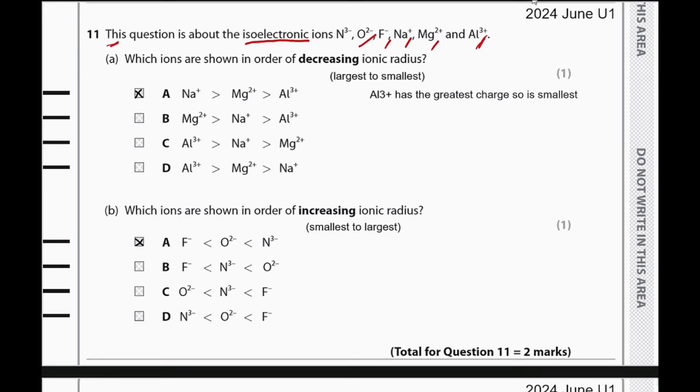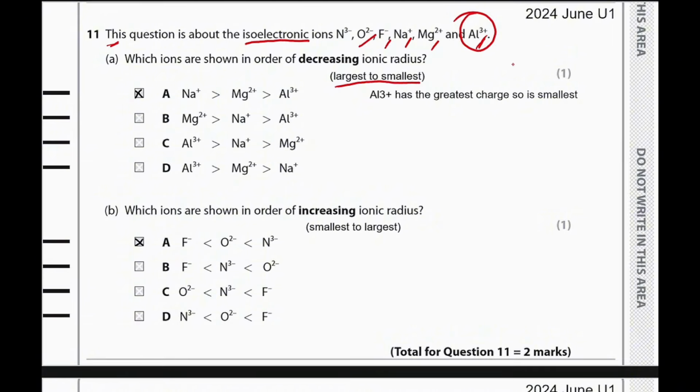The first question is about the isoelectronic ions N3 minus, O2 minus, F minus, Na plus, Mg2 plus, and Al3 plus. The question is which ions are shown in the order of decreasing ionic radius. Now decreasing basically means largest to smallest. In other words, we need to identify the largest ionic radius ion, and then the last one will be the smallest one. Now if we see right here, among all of them, we can clearly see Al3 plus has the